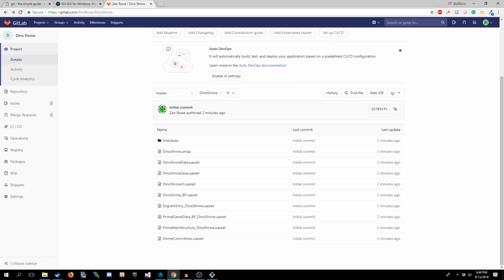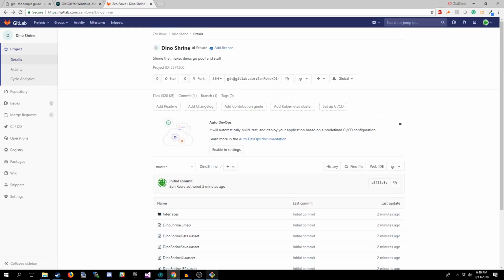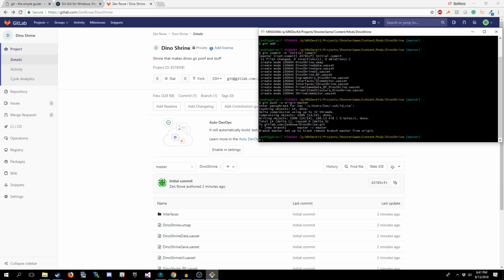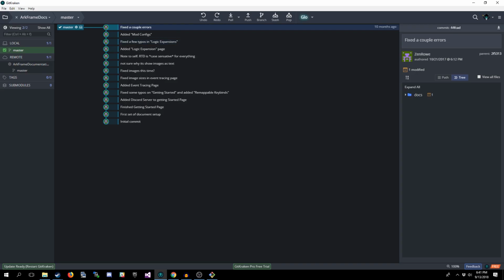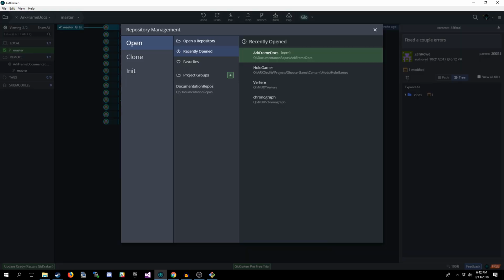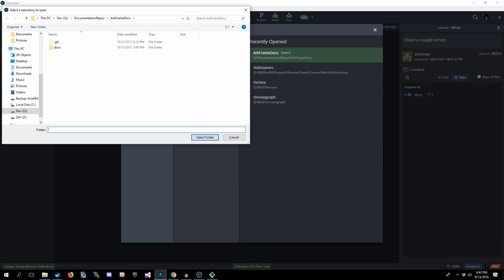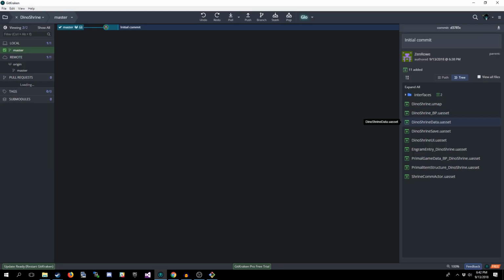So now comes the fun part, because now we're kind of done with working with the command line. That was just to set things up. You should have GitKraken installed. You might not have all of this on screen because you don't have any repositories. What you can do is come up here to File, Open Repo, open a repository, and then navigate to your mod folder. Then hit Select Folder. And there we have it. There's all of our stuff. It's all hooked up now. And you'll notice there is our remote already set.